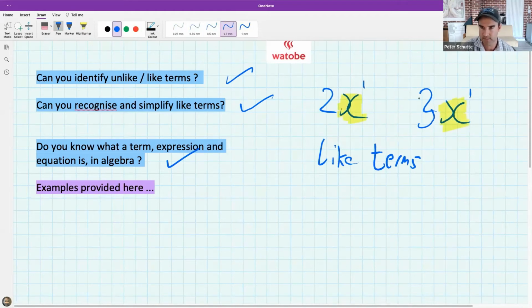In this case, it's going to be a power of 1. So when we have like terms, we can add and subtract them. In the previous lesson, we actually did this. We said 2x plus 3x,